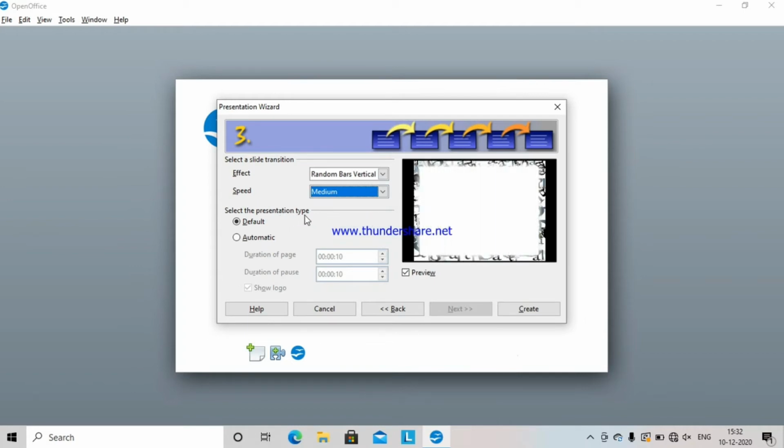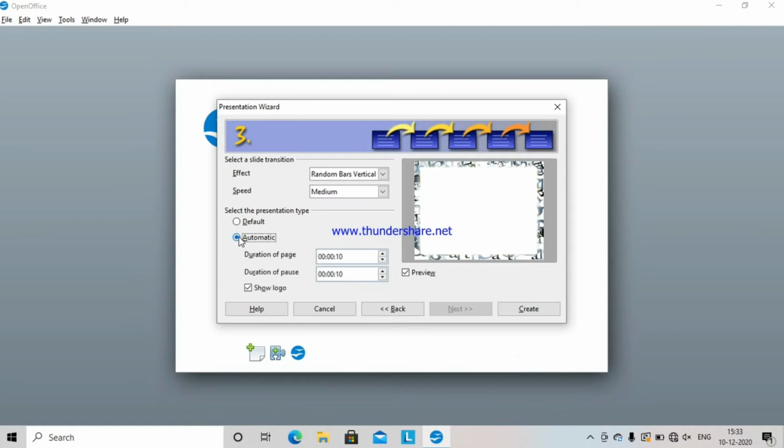After that, we have to select the presentation type. By default is selected. If I click on automatic, it means my slides would proceed by themselves. Generally, if default is selected, to proceed to the next slide, either we have to click the mouse button or we have to press the space bar on the keyboard.